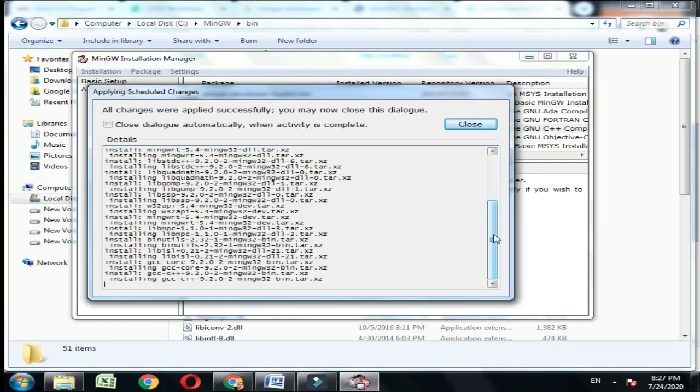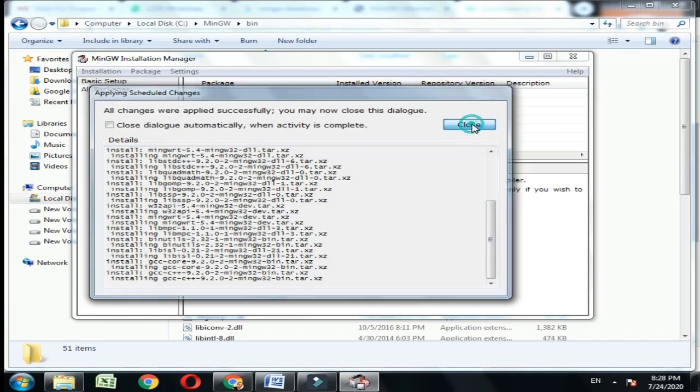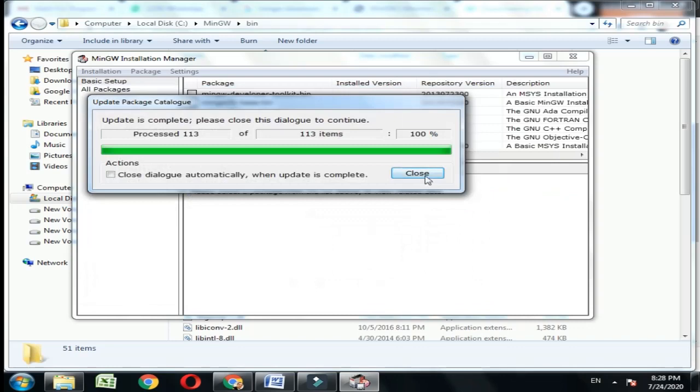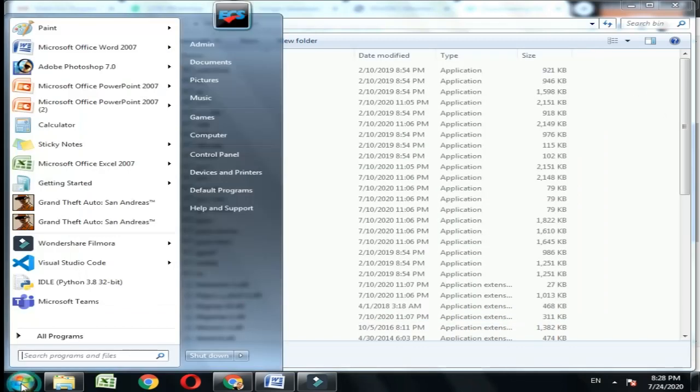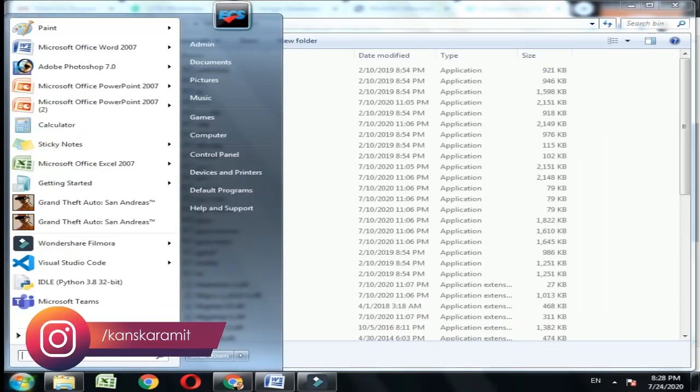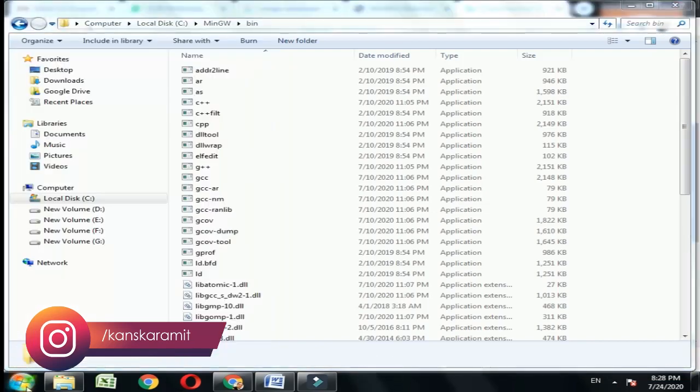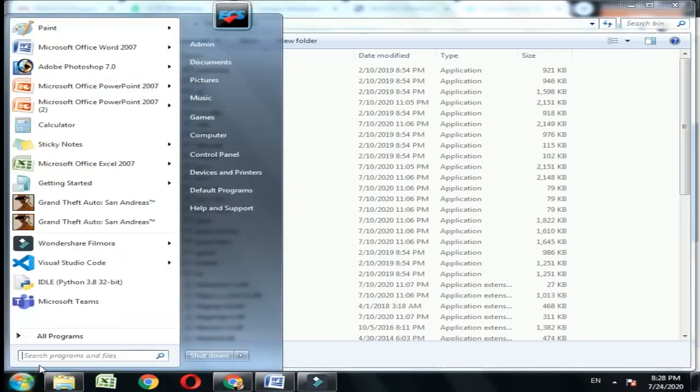So all the changes were applied successfully. You may now close this dialog. Great. So everything is installed now. Now we can close this window. We will also close this and this window. Now go to start and in the search program and files type cmd.